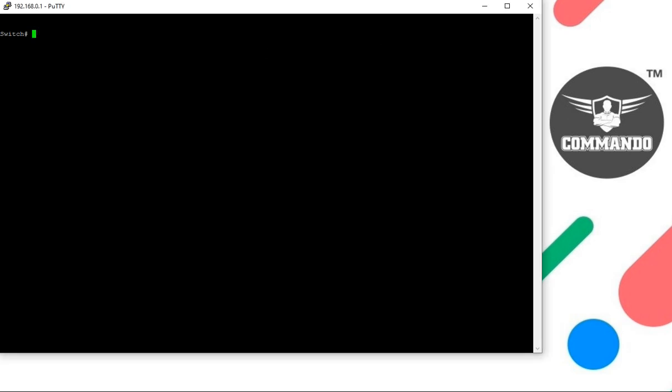For that you have to configure the switch with the command configure terminal. Go to the global configuration mode. Let us create VLAN 2 by giving the command vlan database and VLAN 2. So I have created VLAN 2. Now I want